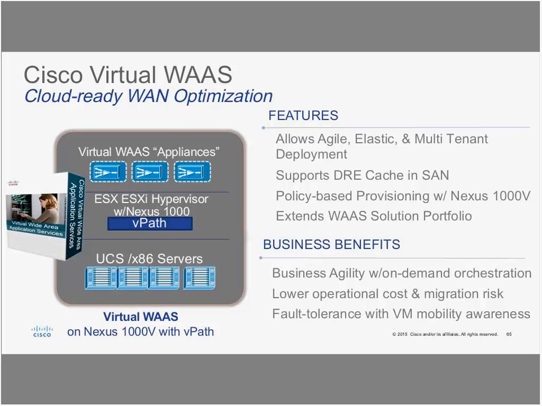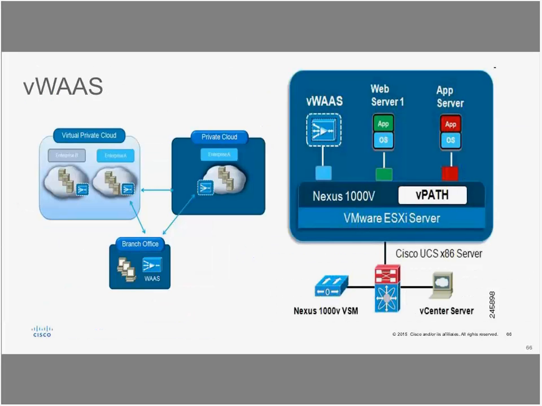It's very similar to the physical WAAS appliances that we have, and it integrates with WCCP and other services to provide that optimization. Just a pictorial view on the left, how the WCCP vWAAS would be deployed across the clouds, and from the deployment point of view, it can be also as a virtual machine or as a VSP. You just need to be on a VLAN and vPath enabled, and it provides you that functionality of optimization.